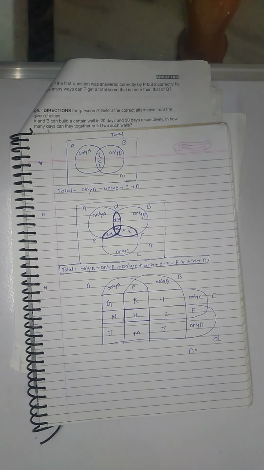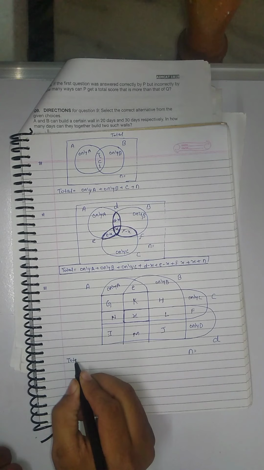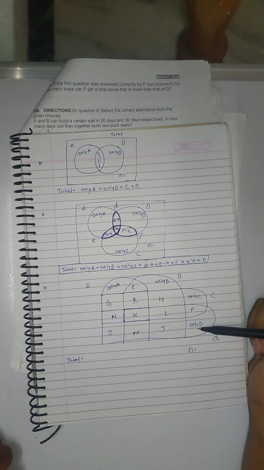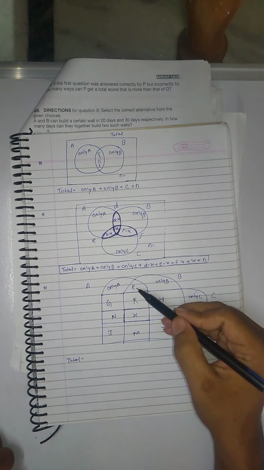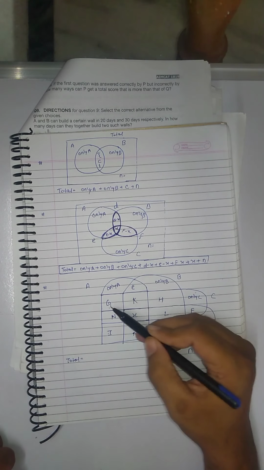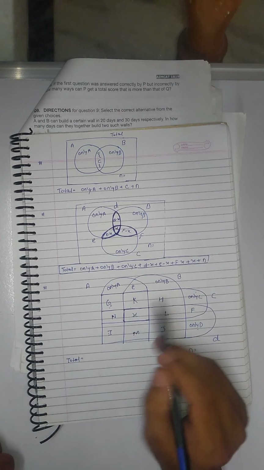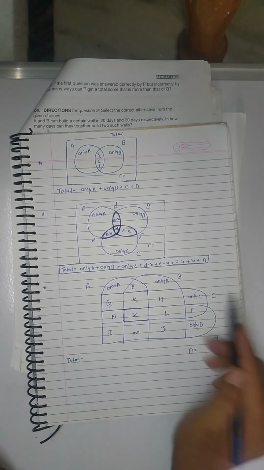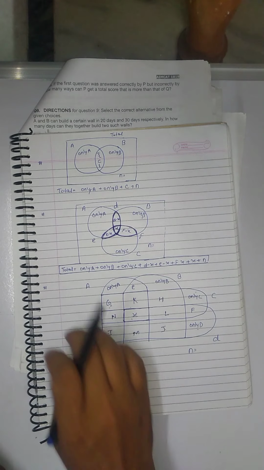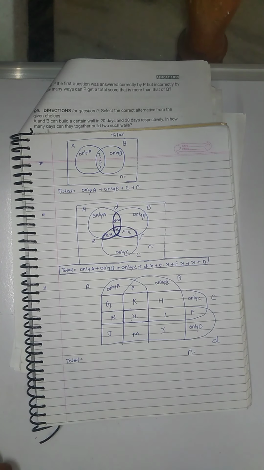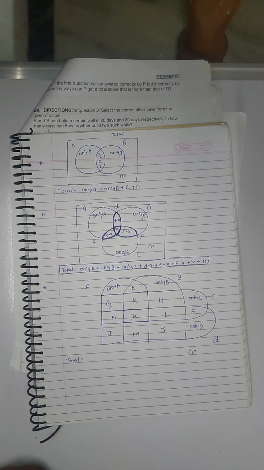So this is our 4 category Venn diagram. So the total, in a 4 category, is only A plus only B plus only C plus only D. 1 part is common. 2 part is common is E, G, H, I, Z. You look at it. Only 3 part is common, K, L, M, N, and only 4 part is common, X. So we add all the values, and this is equal to the total. So let's go with the question.